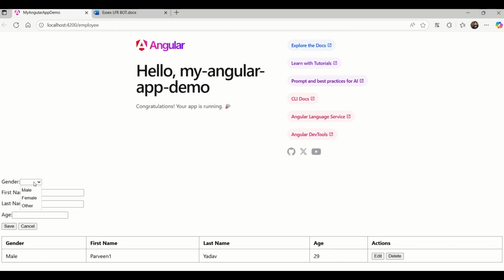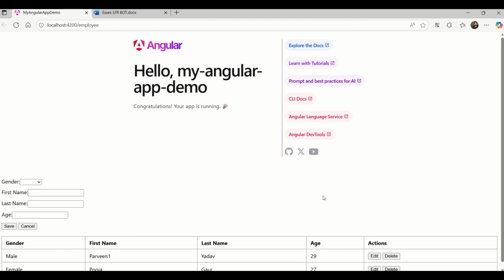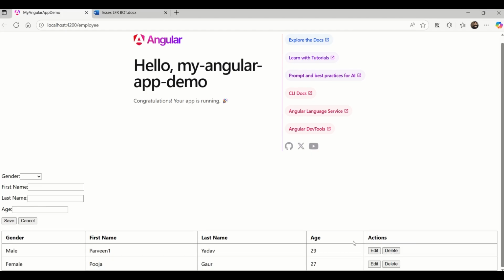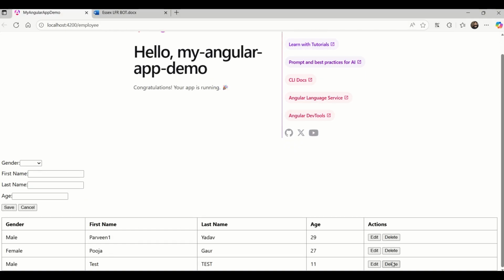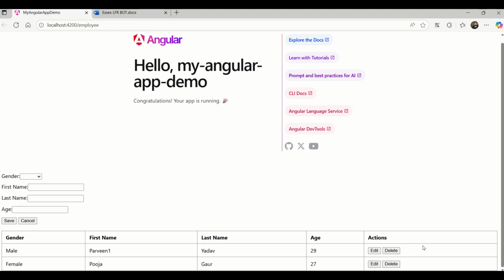Yeah, I'm going to add one more record. Let's say female. Let's say Pooja, and age 27, and say save. Yeah, here you go. Right, there are details. Let's add one more. So I'm saying male, this time I'm saying test, and blah blah blah, right? And say save. Okay, there is the data. Now let's try to delete it. Okay, it has been deleted. Perfect. So it has done our job, was able to create the data from the form and display the data in the grid,